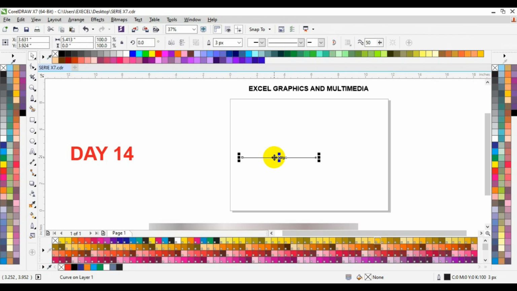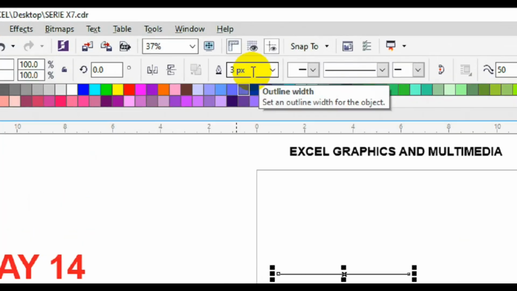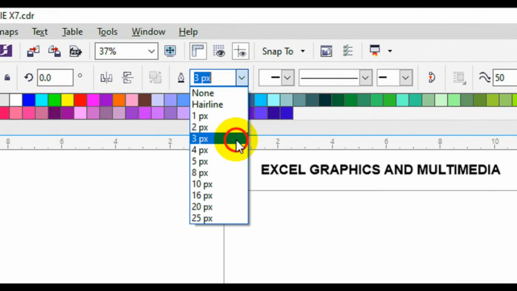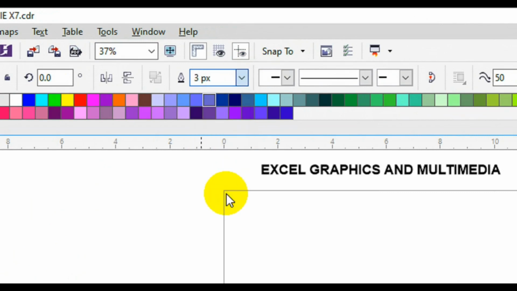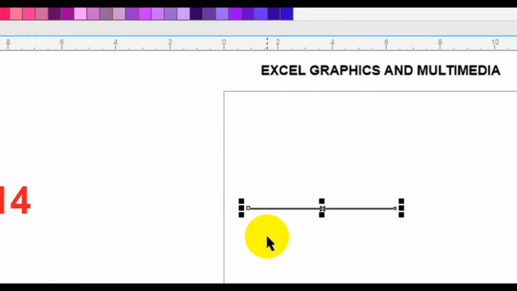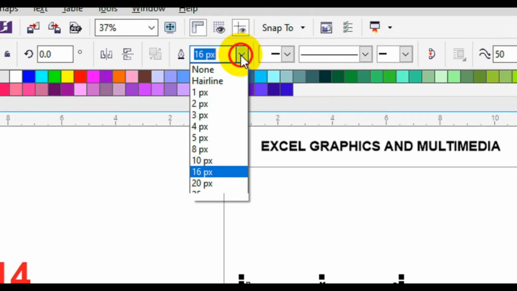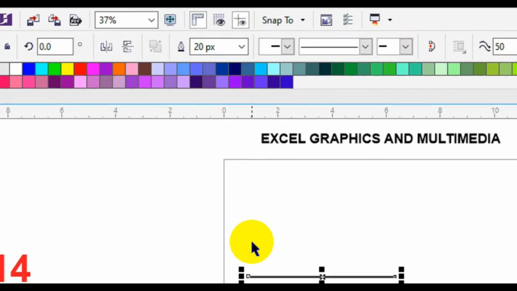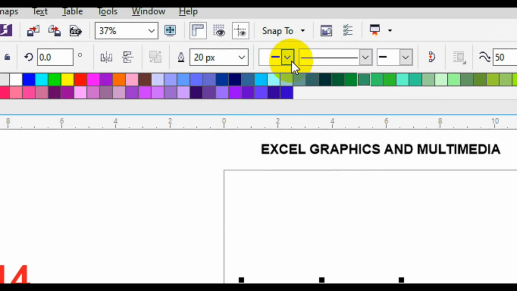So this perfect stroke, you can format it in any way you like. So you can go to your menu bar, then you can increase the width of your stroke to, let's try 6 or 16. So you can see when we increase the width, it begins to thicken. So you can increase it to 20. So right, then you can come here and change